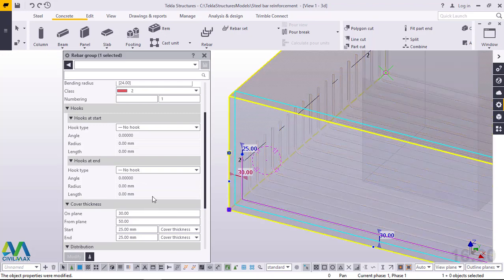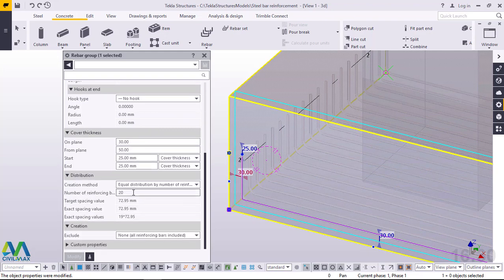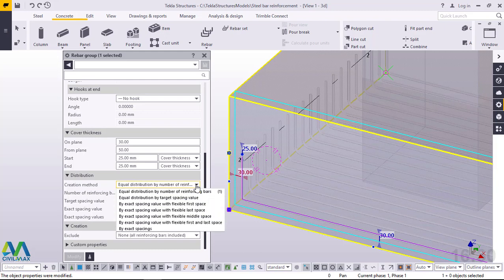Now we are coming, I'll scroll down at the bottom end here, and under distribution we can change this. The moment you come to creation method here and click this drop down arrow, under this you can pick the appropriate option for you. At the moment I'm using the equally distributed by number of